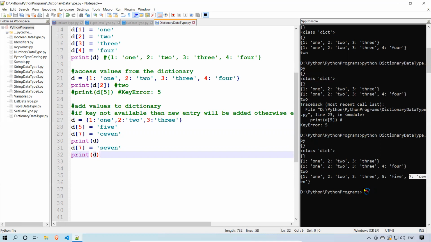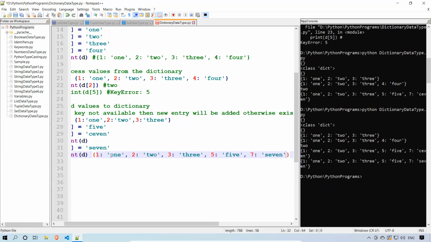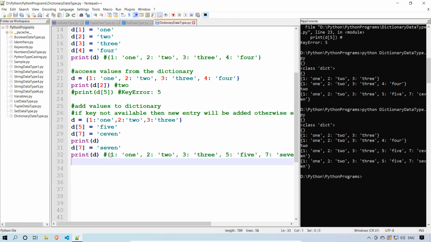Is it going to add again? 7 CEVN, 7 SCVEN, both will have? We'll see. Now you see that here CEVN will become SCVEN. Right? So if the key is already available, then it will update the respective value.